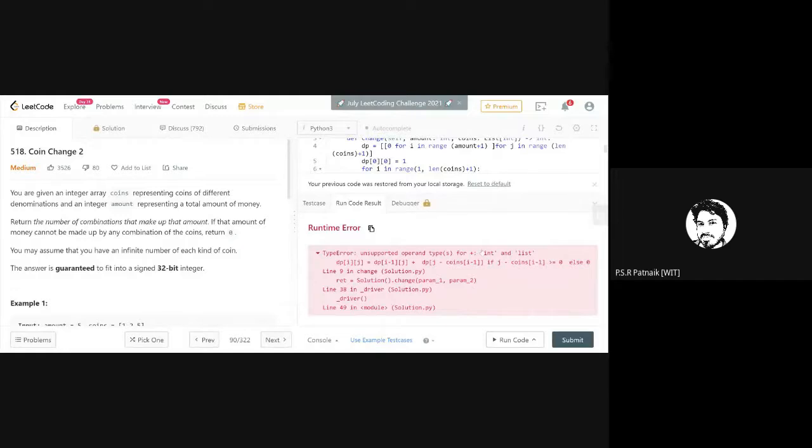What else is it saying? Unsupported operand types for plus. Where did we go wrong?